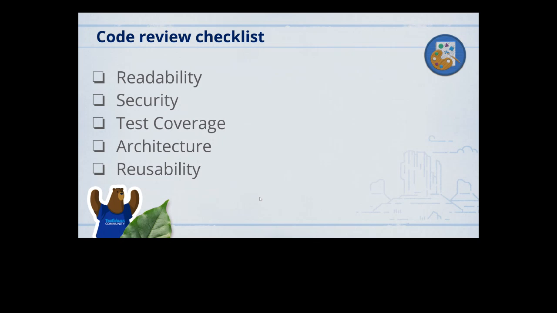Reusability. There are going to be some of the tools that we talk about later that talk about duplicate code, but reusability is something that you should keep in mind while doing your code review to make sure that you are reusing code. If you have the same lines over and over again, put it into a new method and call that method. Try to reduce the amount of duplicate code, because if you do that, then you reduce the chance that, if you have to make a change to it, you forget a place. By using that reusability, that's something you should strive for with your code reviews.